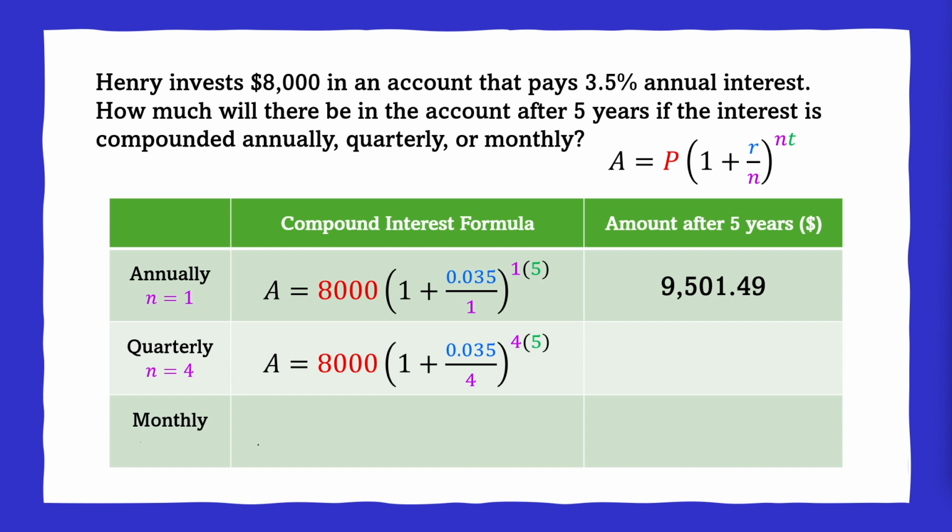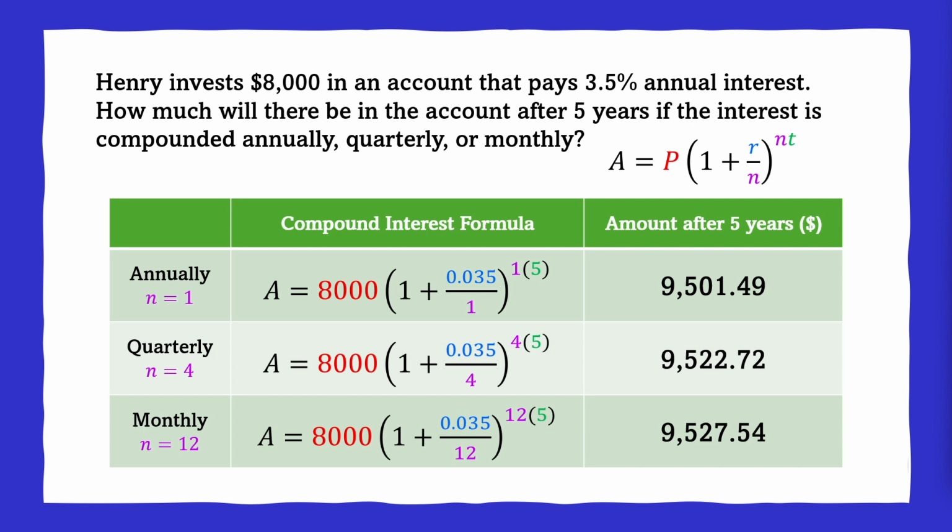Using a calculator, we find the final amount to be $9,522.72, rounded to the nearest cent. Now, what about monthly compounding? In this case, the interest is applied 12 times a year because there are 12 months in a year. So we set n equals 12. This gives us the final amount of